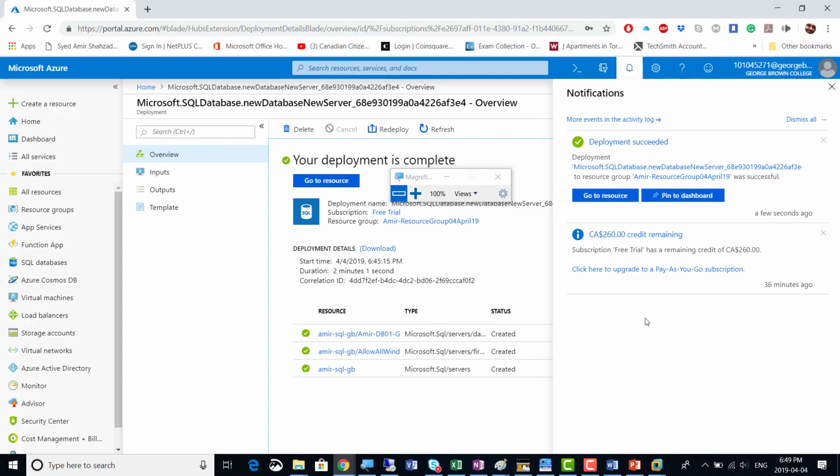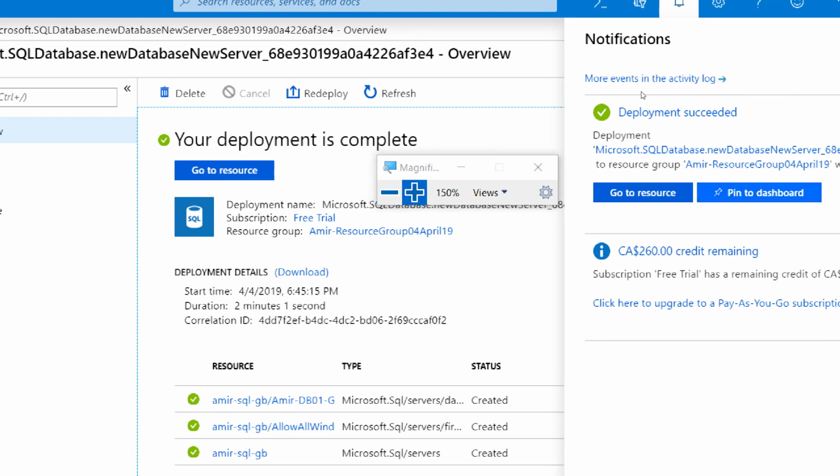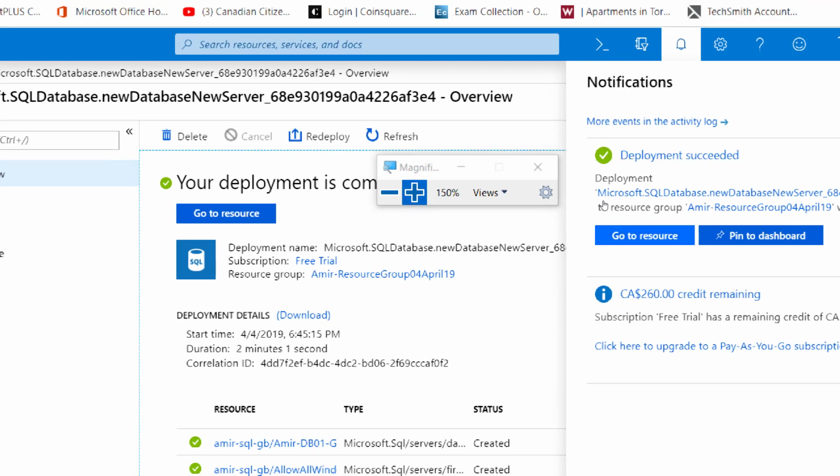So if we go back, okay, it's done. So deployment succeeded here, and if you see this, you can click the go to resource here, this one. So if you click that bell sign, and then you see the deployment succeeded. If you see succeeded, let's click the go to resource. I hope everyone's done with that. So click the go to resource. Once you click the go to resource here,